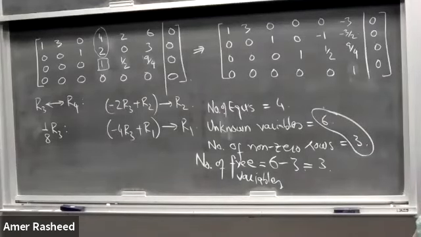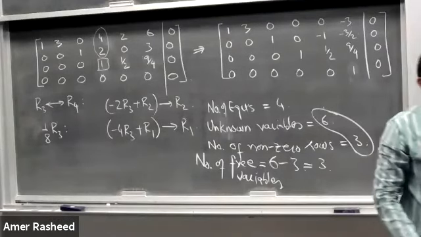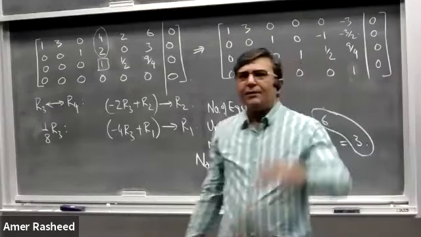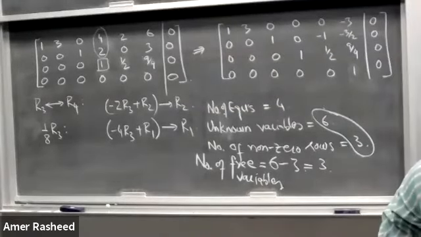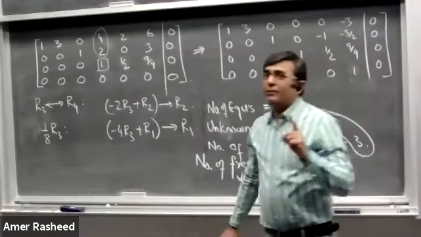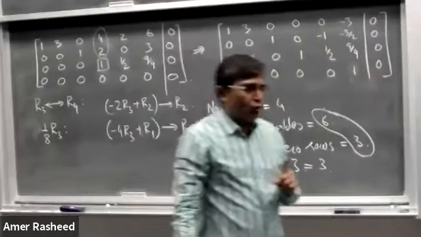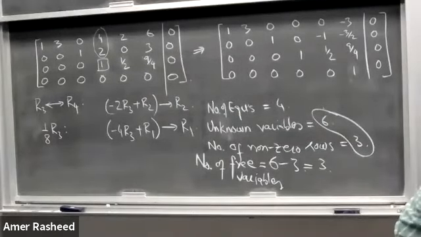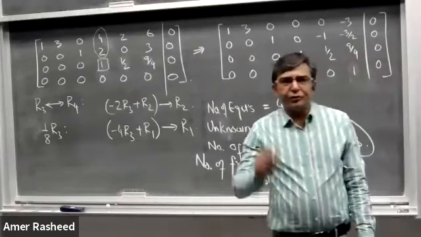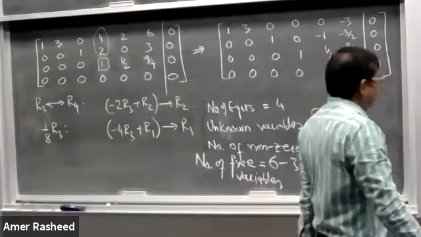Now the question is, is there any difference if we make all the values below the 1 zero, and after all of them, we go back to make all the values above the 1 zero? Yes, there's no difference. You can do it. You can first make all the 1s, make all the zeros below them, and afterwards make zeros above all those 1s. But you have to remember which row, which pivot entry, you have to use in order to make zeros above that particular entry. You should be clear about it. Any other question?